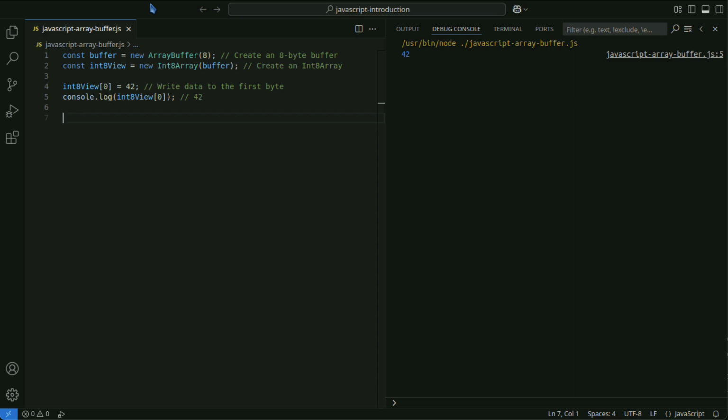Int8Array can store data in each byte, allowing the buffer to hold 8 elements. In this way, by using different types of views, you can manipulate data efficiently.